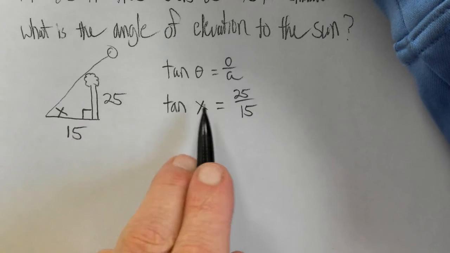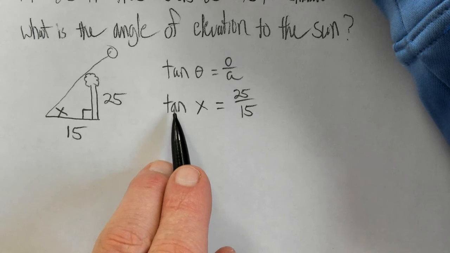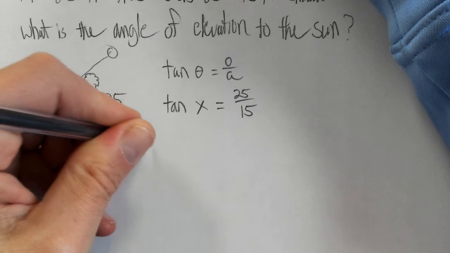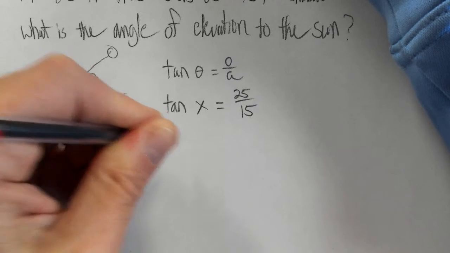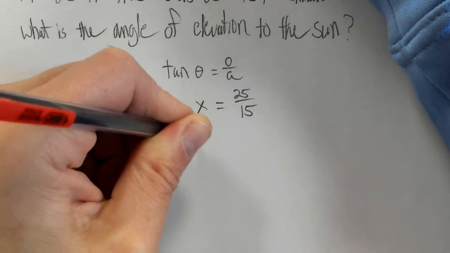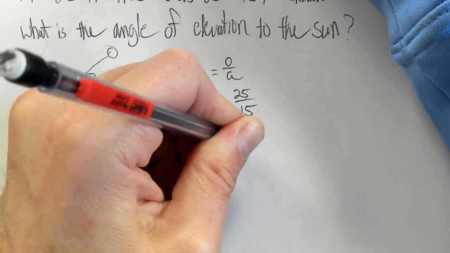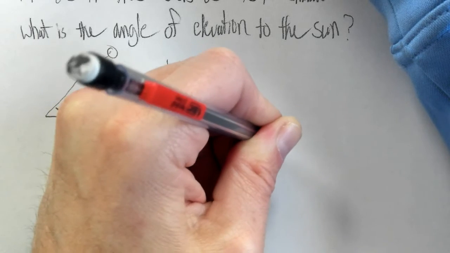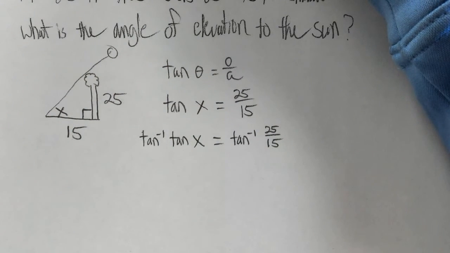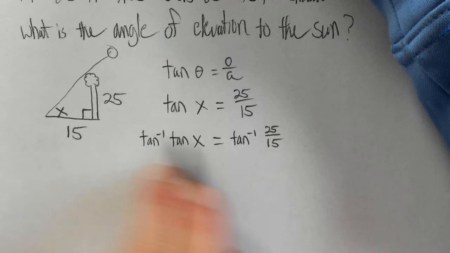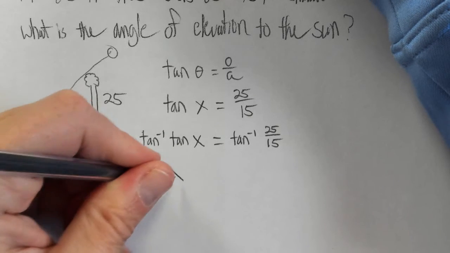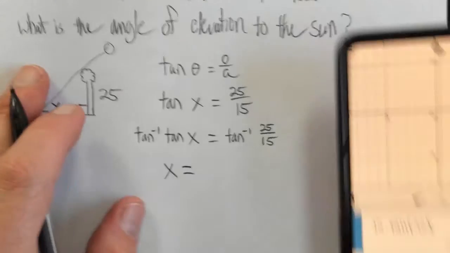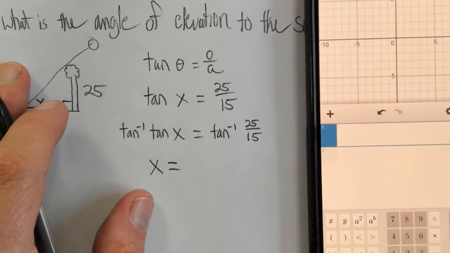All right, so remember, x is wrapped up in the tangent function. So remember what we said, how do we get it out? We've got to do inverse tangent to both sides. Inverse tangent and tangent kind of cancel each other out, and it leaves me with x equals, which is what I want. And now we can go to the calculator to see what the inverse tangent of 25 over 15